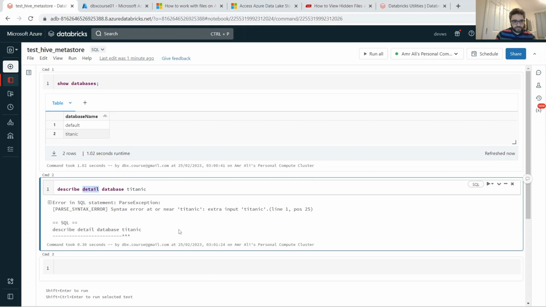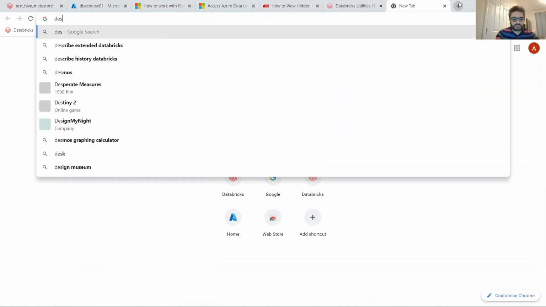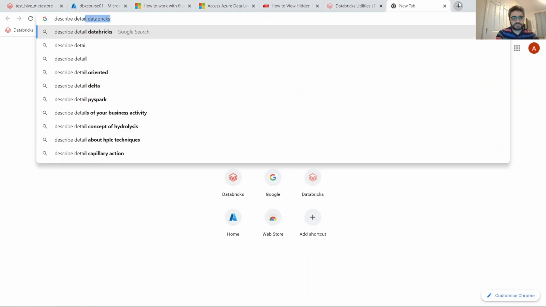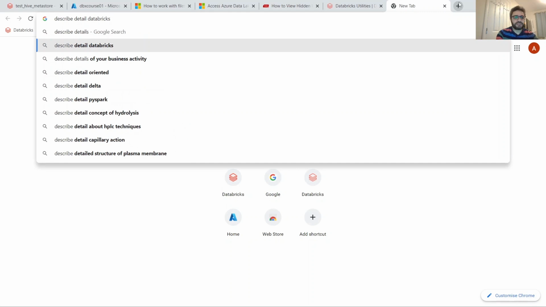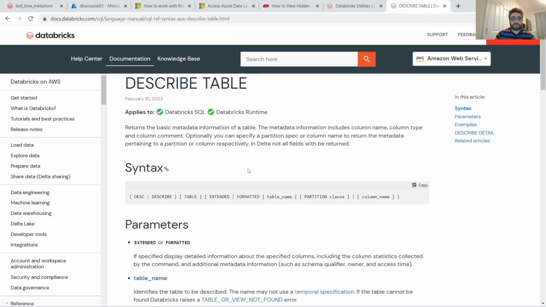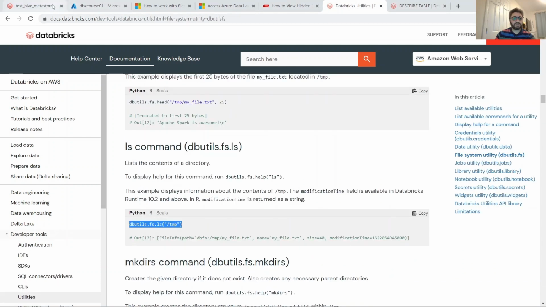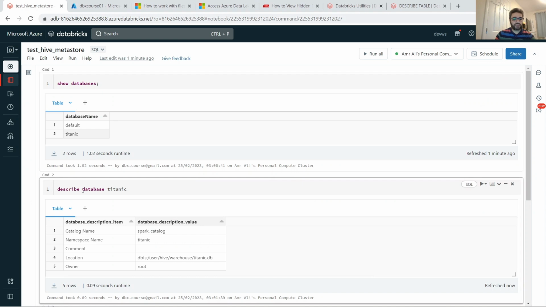So I think describe database. Let's try this one. I think we can get describe detail Databricks. You can see, if you're stuck with any commands, you can actually look it up. So you can actually describe detail on a table. So we can try one of the tables. So describe detail